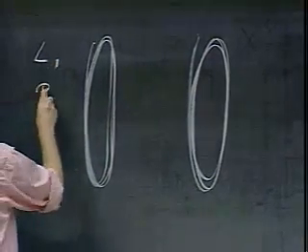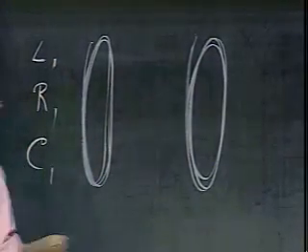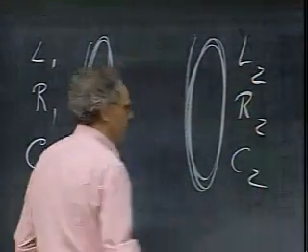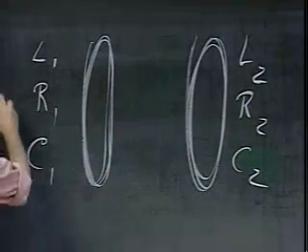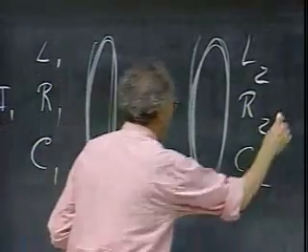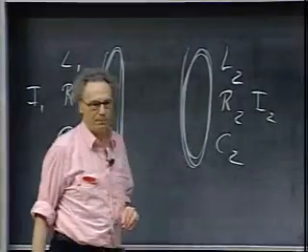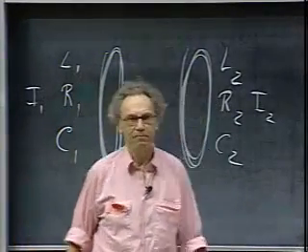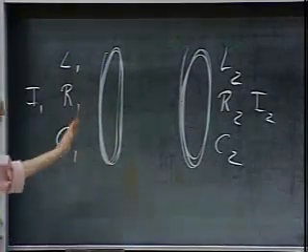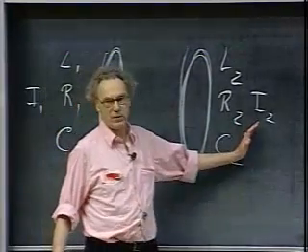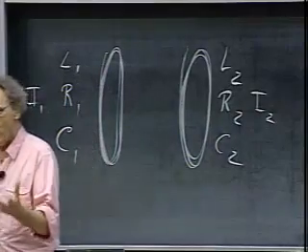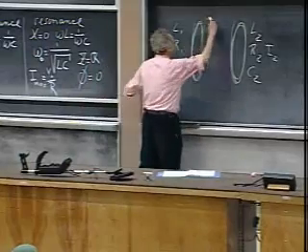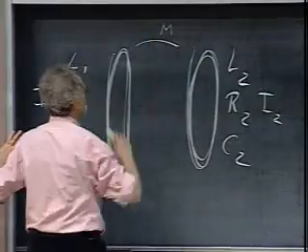Inductance L1, resistor R1, capacitance C1, L2, R2, C2. So there's a current I1 running through this one, a current I2 running through that one. To set up the differential equations for this system is not so easy. You get two differential equations, of course, one for this system and one for this system. The problem, but at the same time the trick, is that there is a mutual inductance between the two, because